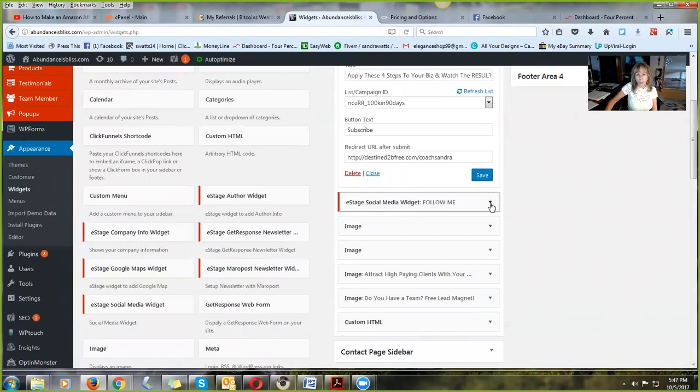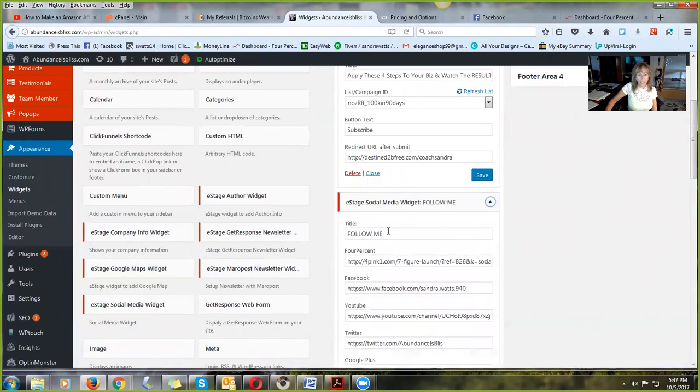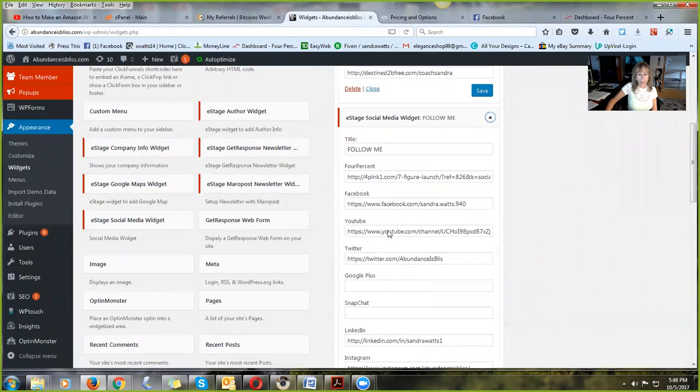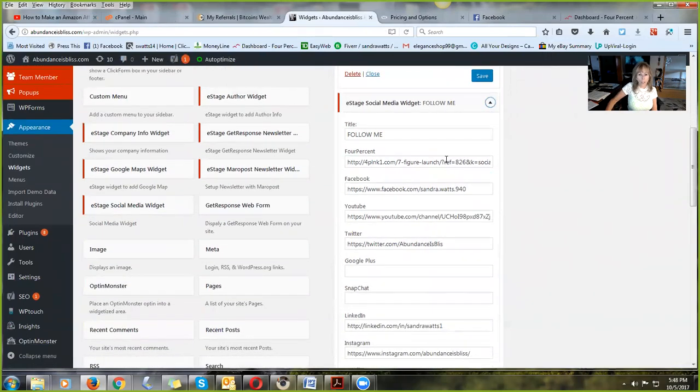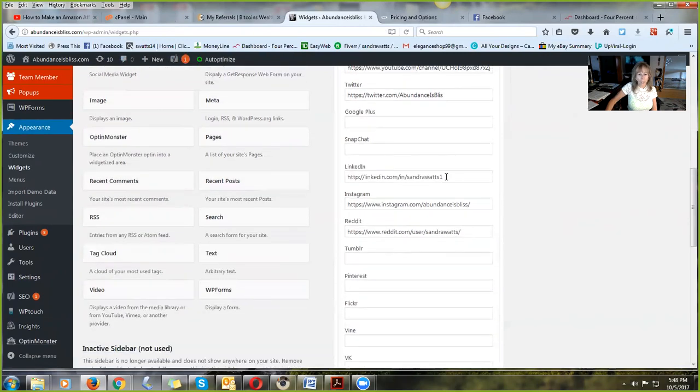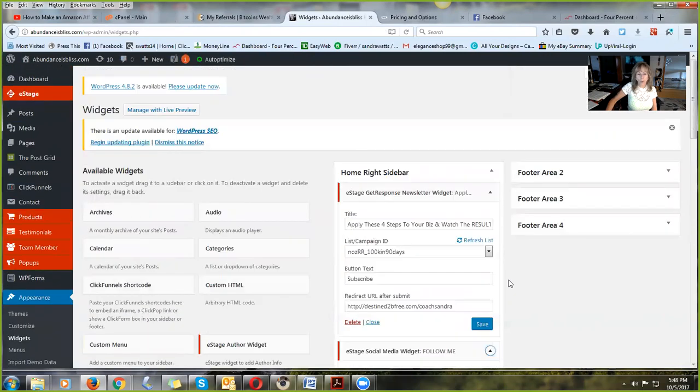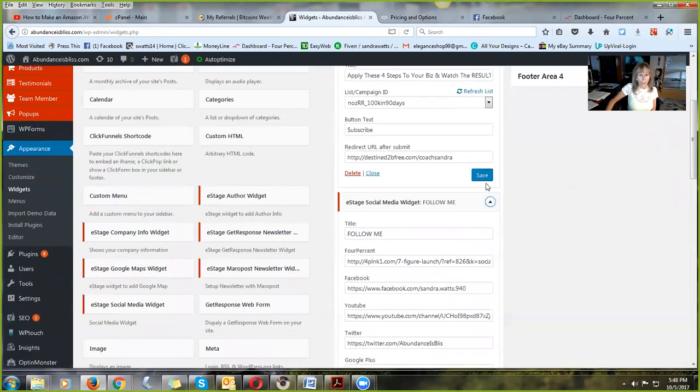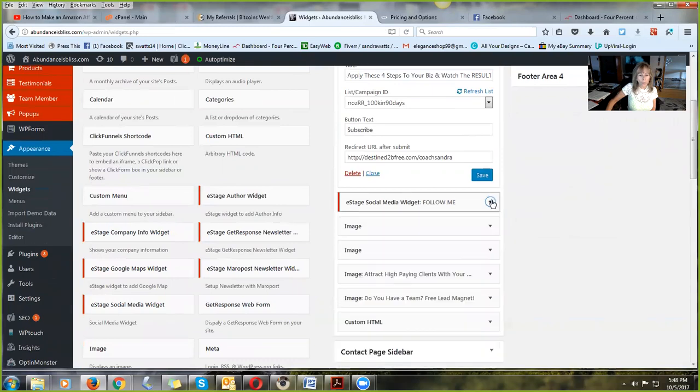eStage has a social widget. I have added the title Follow Me. I have added my 4% link, my Facebook homepage link, my personal link, my YouTube channel, my Twitter account, my LinkedIn profile, my Instagram, and Reddit. The more of these that you actually fill out, the more chances you'll have of making it easier for people to share your content. So going on to the next,